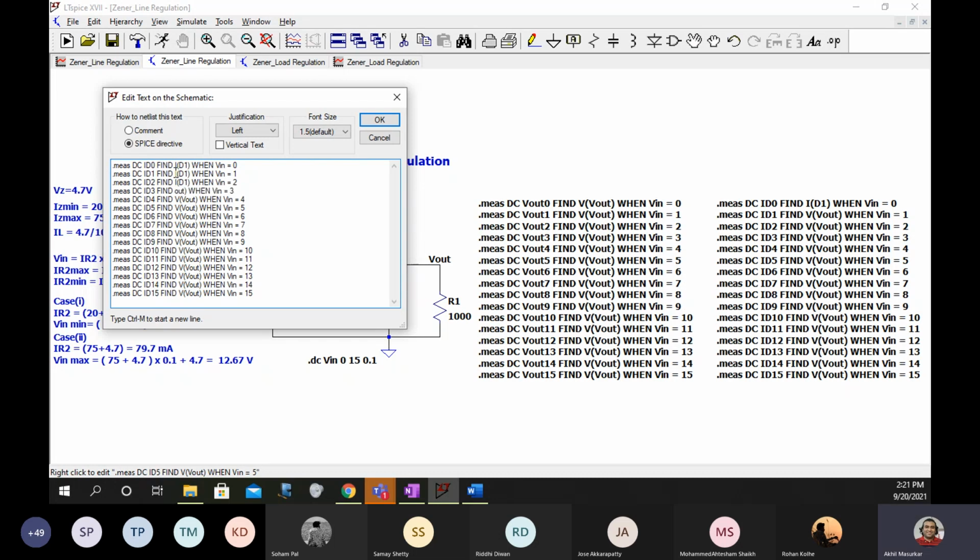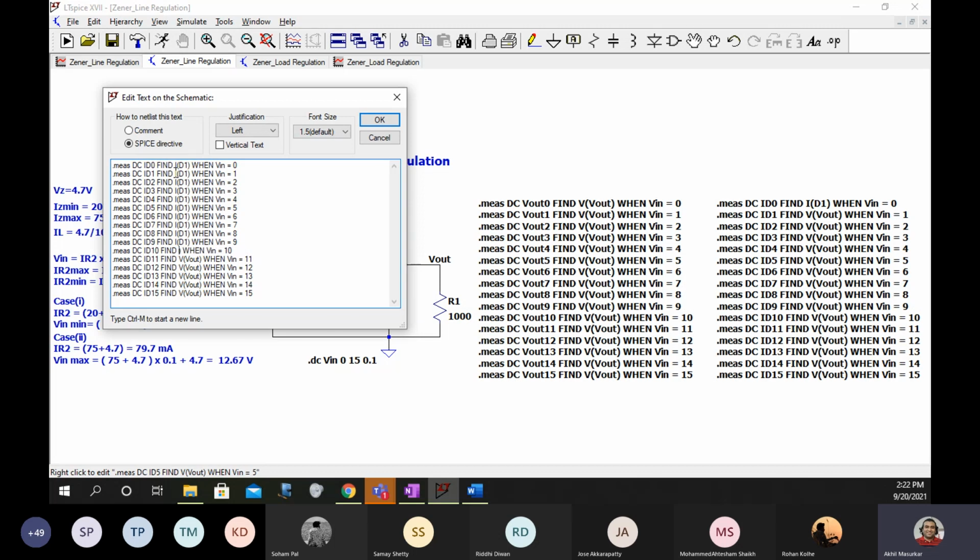I will be giving you a table to fill. So you will be using a dot measure command. You have to write this like I told you, there is no for loop in Spice.